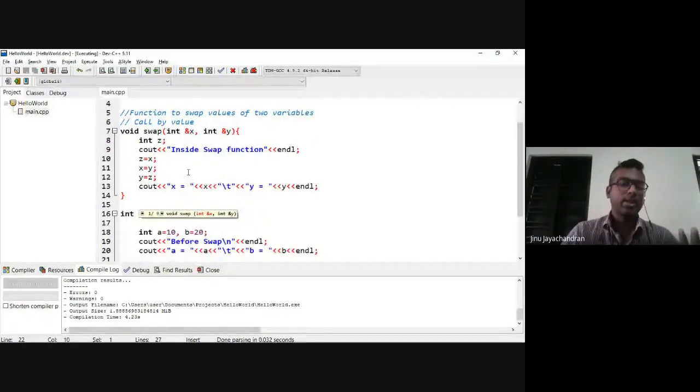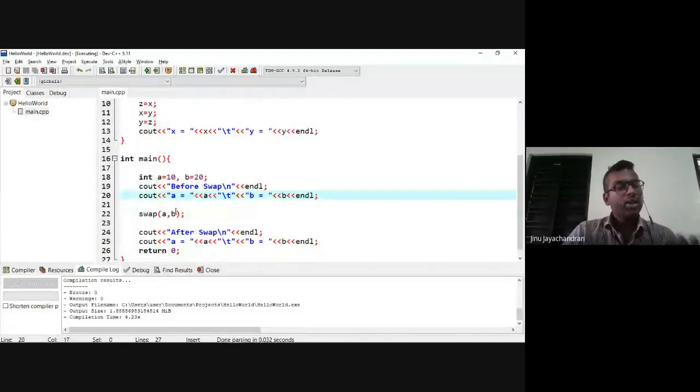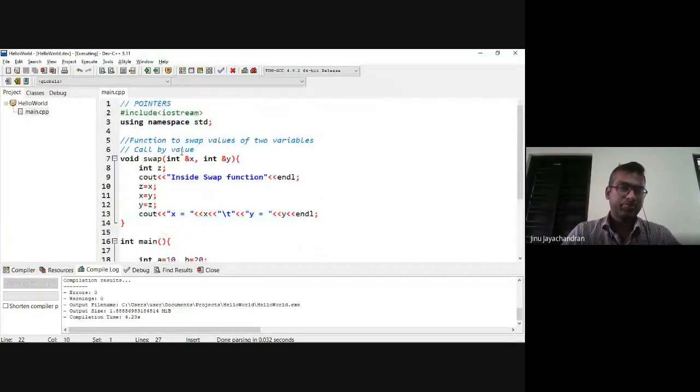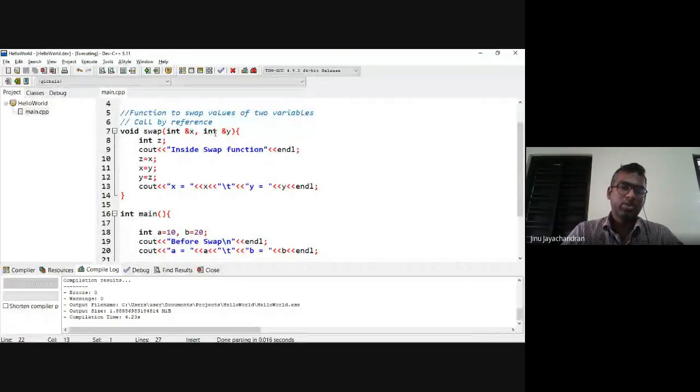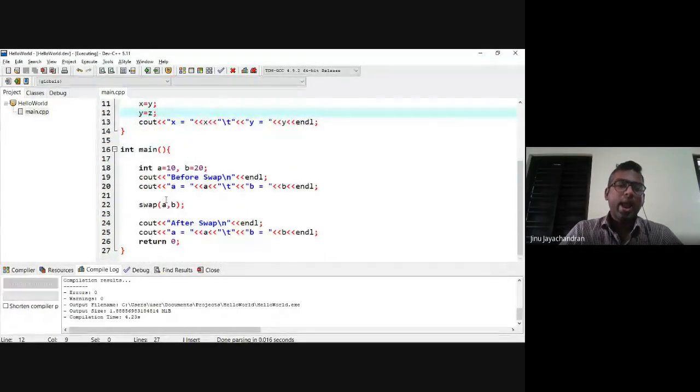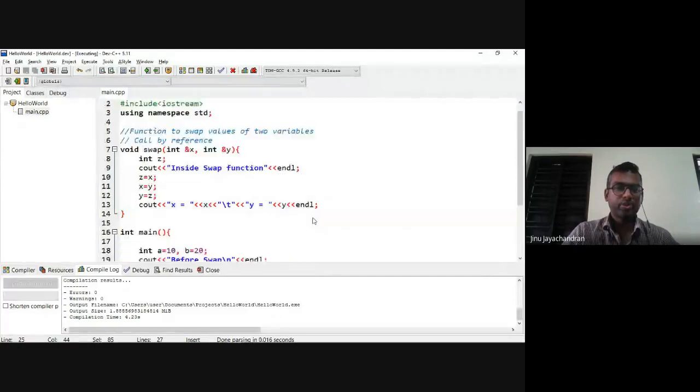For your understanding, the memory itself is being passed to this function. This is called pass by reference. So if I make any changes in x or y, the value inside the memory is changed, and the memory is actually the memory of a and b. So it will get reflected in the main function also.